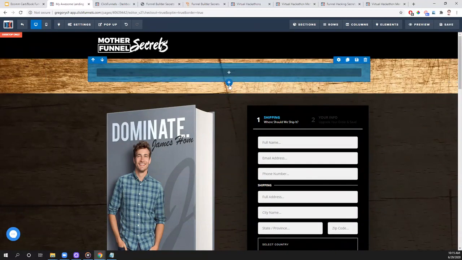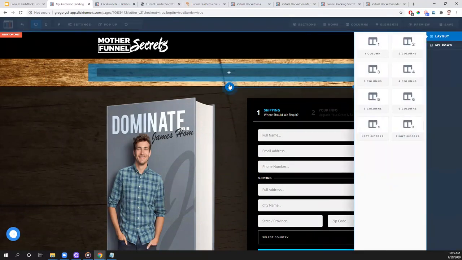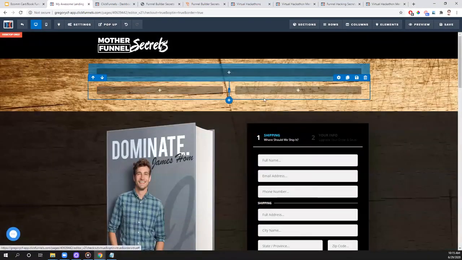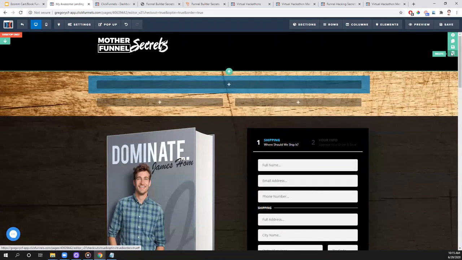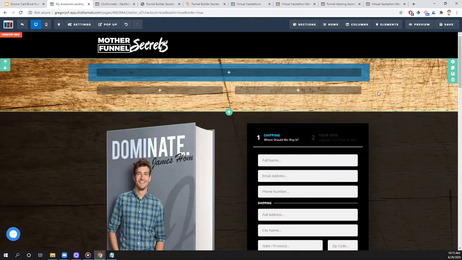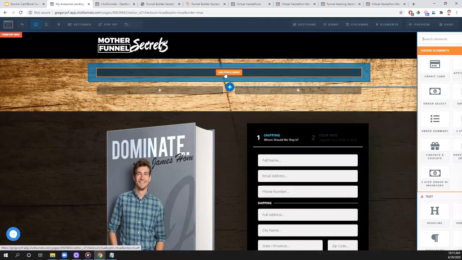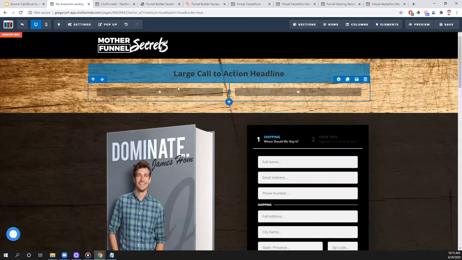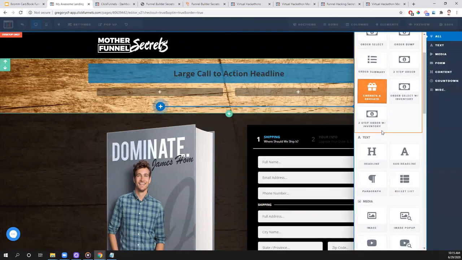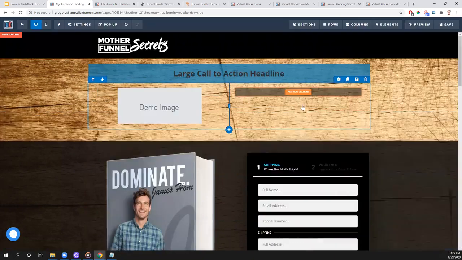Then the rows can also be stacked on top of each other using these blue plus signs. So we can put a 2 column row below this. The sections and the rows really make the template, or the layout, of the page. And then inside of the columns of your rows is where you'll add your elements, which make up all the content on the page. So that's where we could start adding in images and